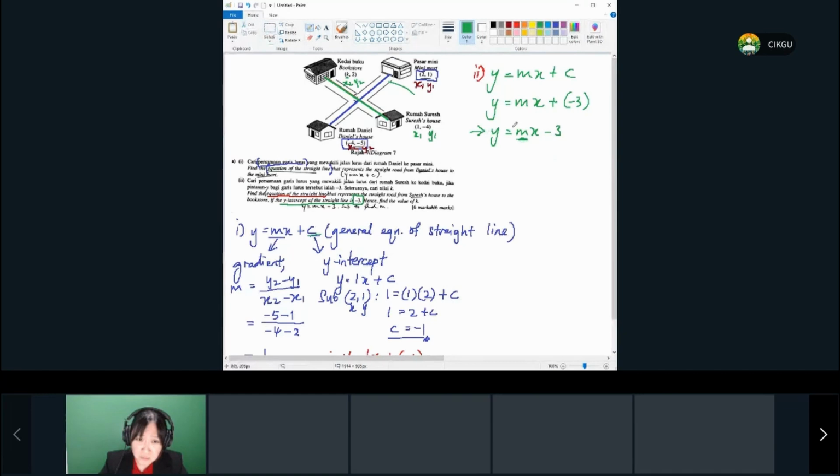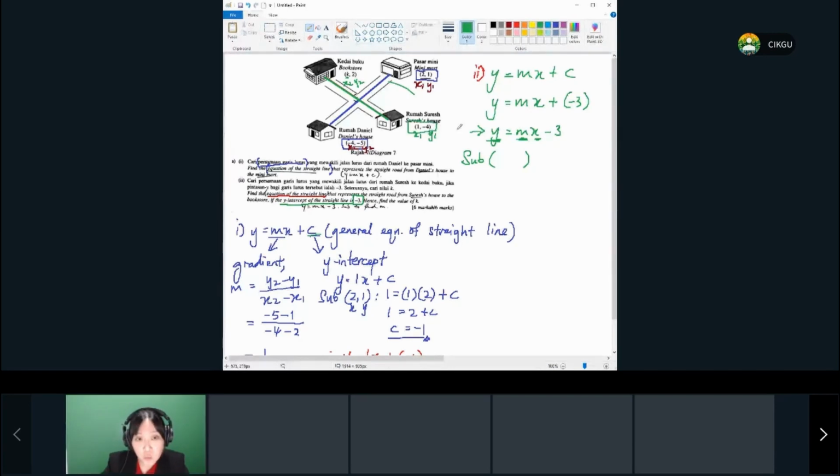See, m is the thing that you don't know here. If we are able to substitute the value of x and y in, then I will be able to solve for m. This one is a smart way. So can I sub a value of x and y in? Can, because